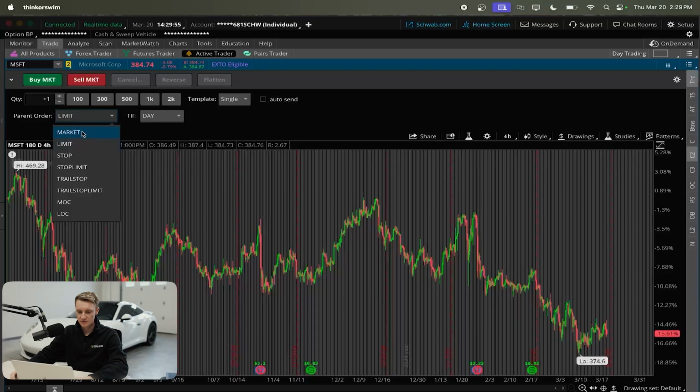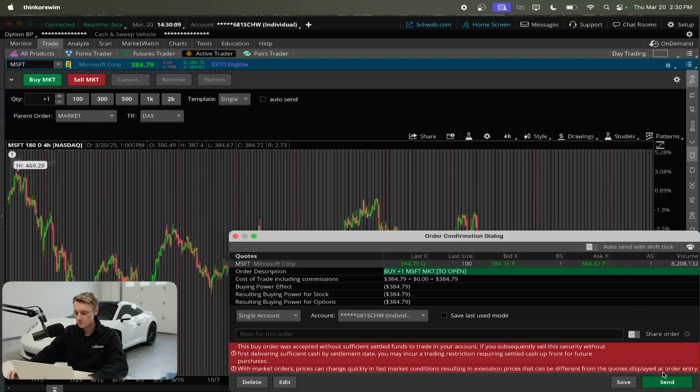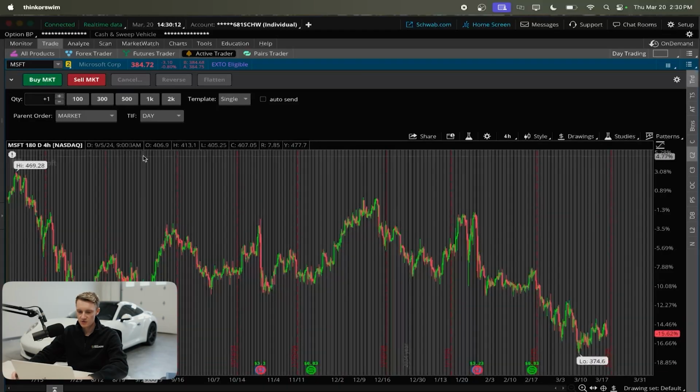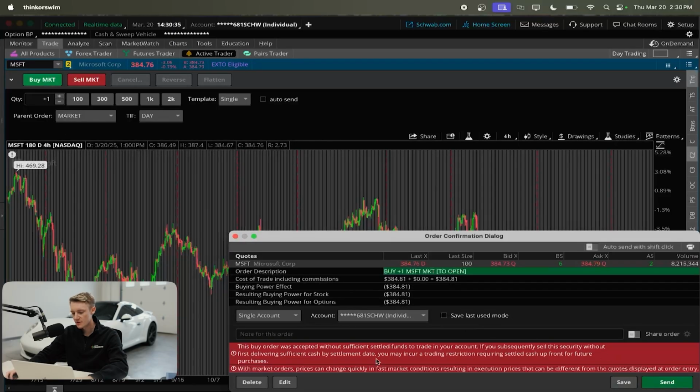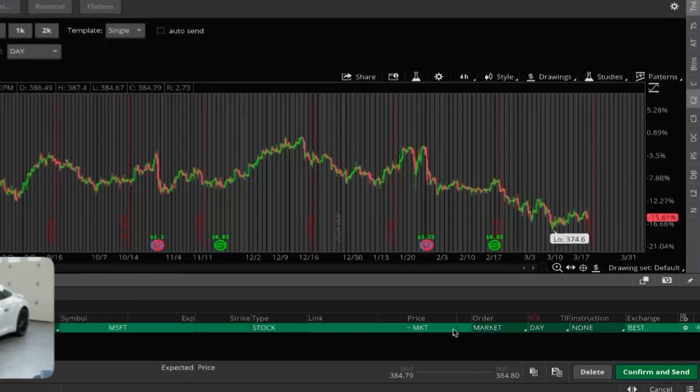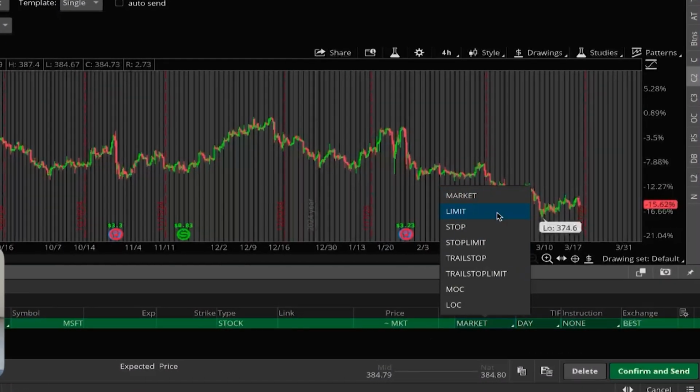Now you can see the different order types. We've got limit order, we've got a market order. Again, there are various other order types, but we're really only going to be using market or limit. If we want to enter a trade with a market order, we're just going to hit buy market and send that through. If we want to enter a trade with a limit order, all you do is hit buy market, but don't confirm and send this. Just go to edit, and then under order type, you can switch this to limit,